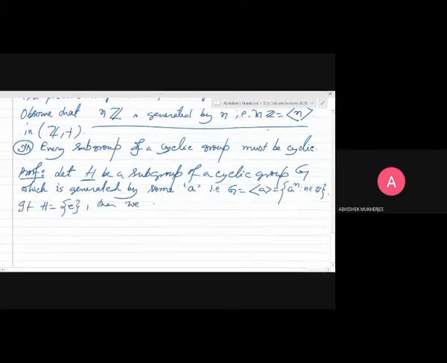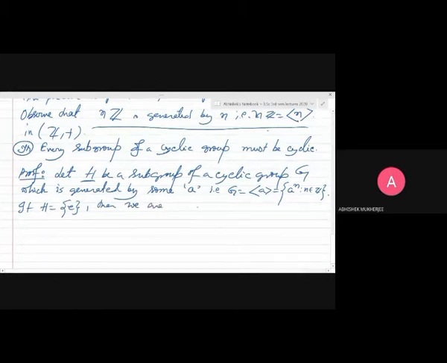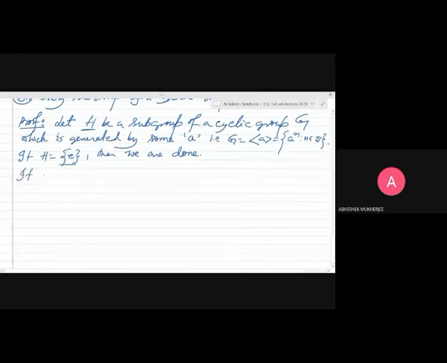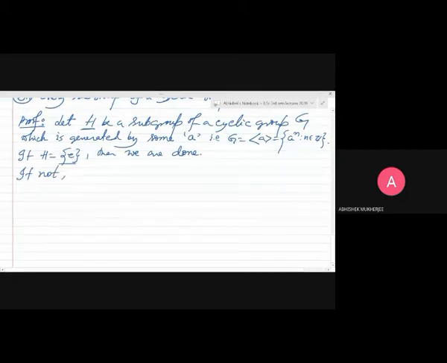We have nothing to prove for this case because it consists of only one element, the singleton identity. So we are done. If not, if it is not the trivial group, then